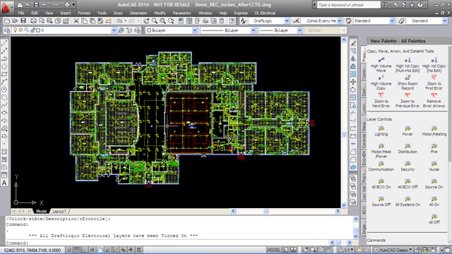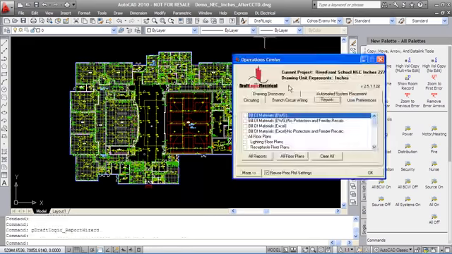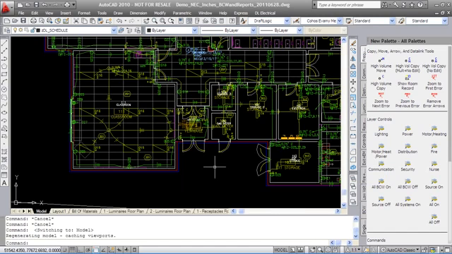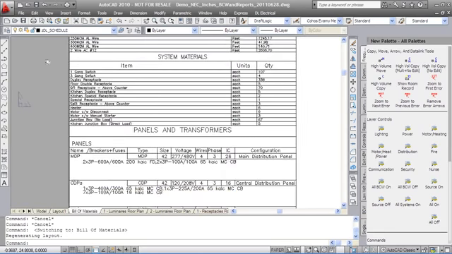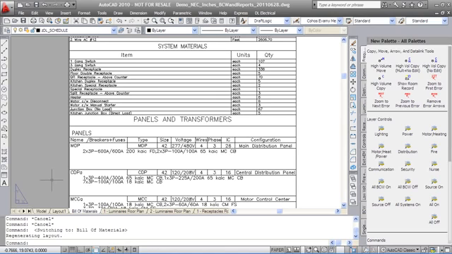Now that our design is complete, we can run a full swath of reports for delivery to the client. The DraftLogic Electrical Report Wizard makes this easy as a couple clicks. In only minutes, we have a full swath of reports generated, including a bill of materials with conduit and wiring, system materials,